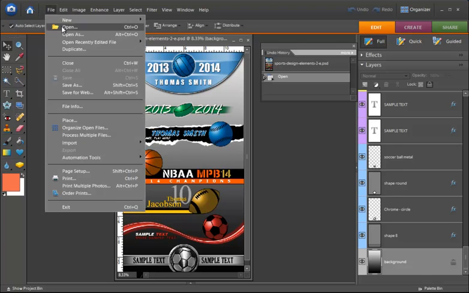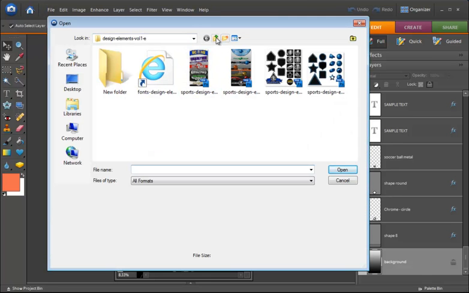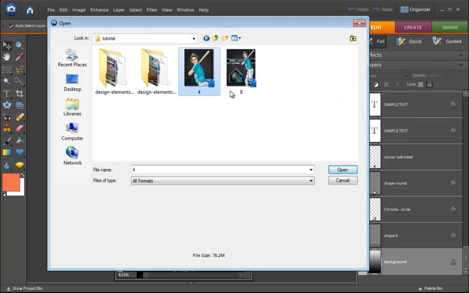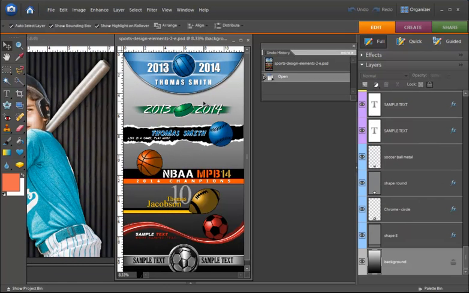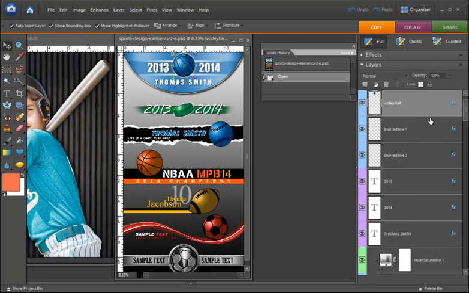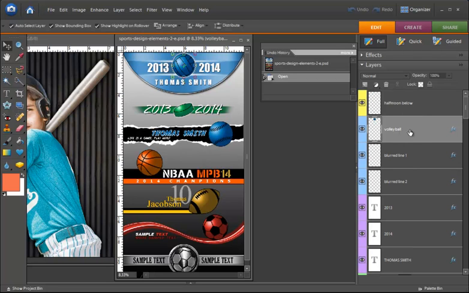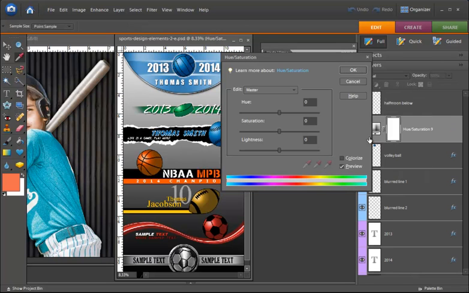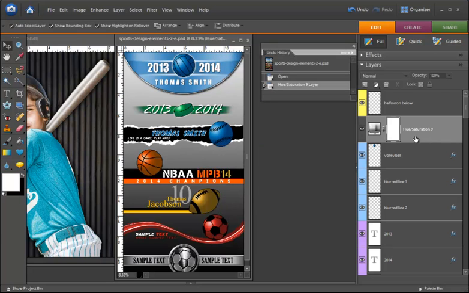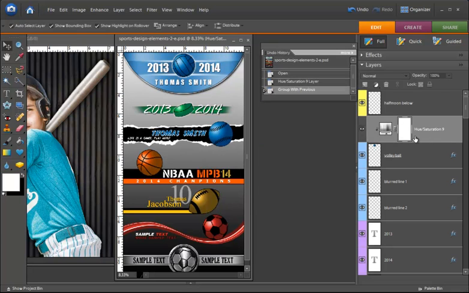I'm going to go ahead and open up the photo that we're going to try to match the colors to. Okay, so let's say I'm working with this and I want to customize it to match the colors. What I'll do is start with the volleyball, and I'm going to click on the adjustment layer and add a hue saturation. I'm going to click OK, and I'm going to press Control G so that